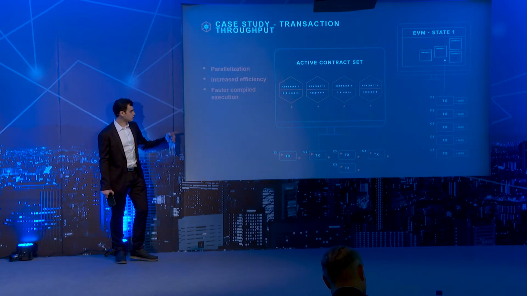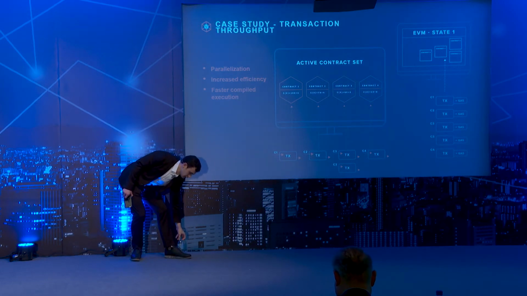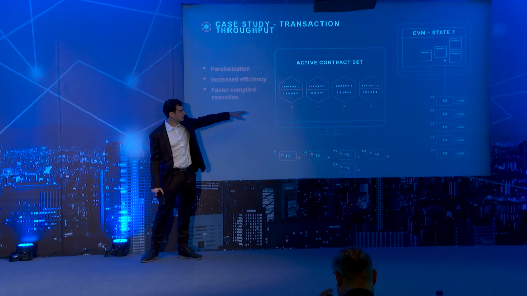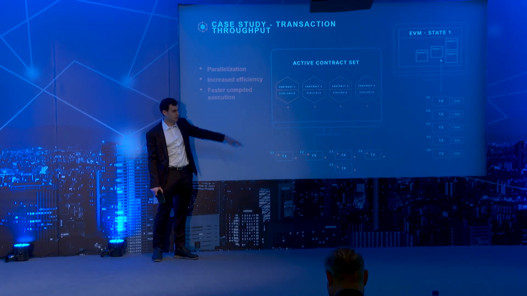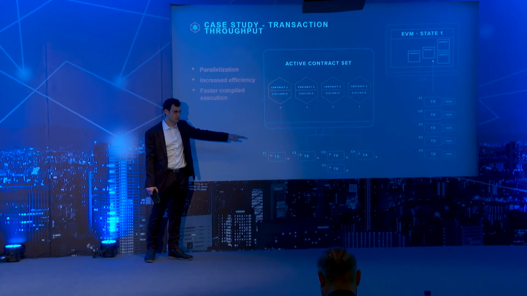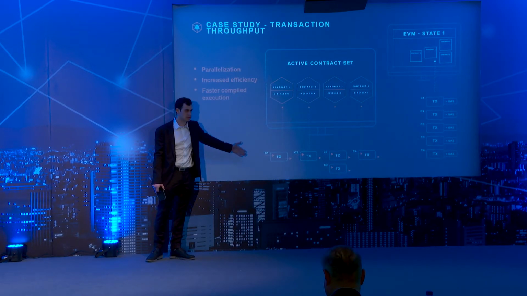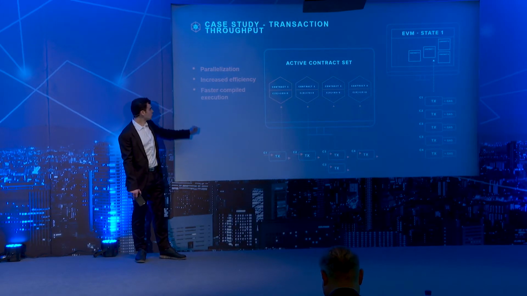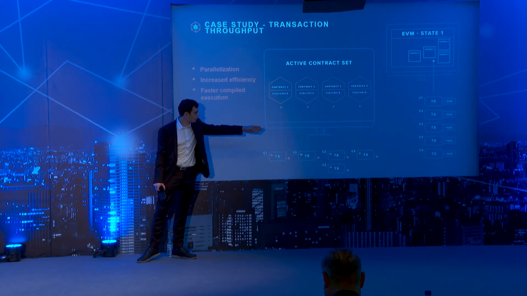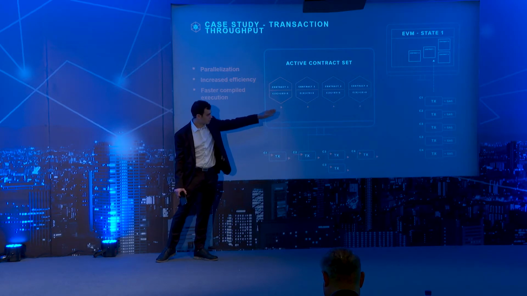With us, because the contracts can't directly call into each other, you can parallelize them. Let's take the example of 4 contracts, both in Zen and in Ethereum, and we have 5 transactions. Now we want to execute these transactions and create a new state in Ethereum or the next block in Zen. In Zen, we're going to line up the transactions in parallel to each other, whereas in Ethereum, because everything can call into each other, you're going to line them up serially.